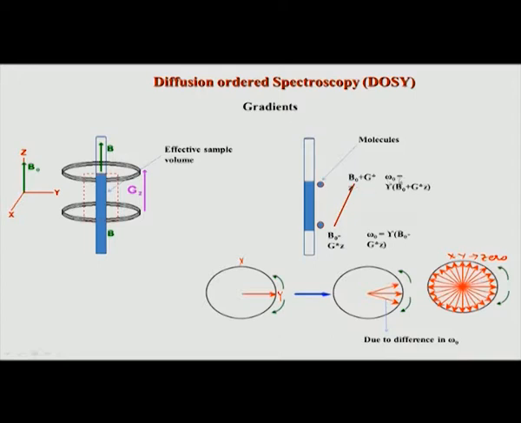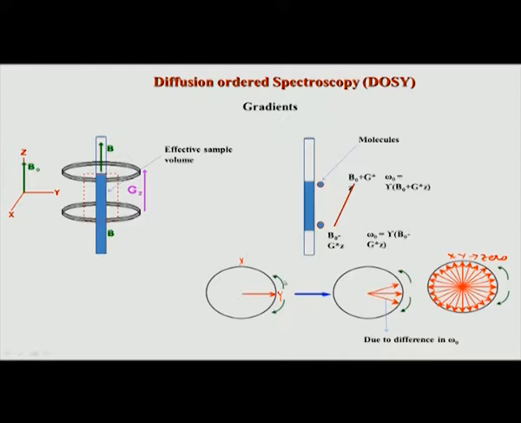Now remember, according to the standard NMR concept, the precessional frequency, or Larmor precession, is defined by gamma times B0. But now, because of this additional magnetic field, the top part of the sample has B0 plus Gz, and the bottom part of the sample has B0 minus Gz. So, suppose we are looking at water molecules or any molecule, the same molecule now has different precessional frequency along the sample. This is what the gradient does: it creates a linearly varying magnetic field across the sample.